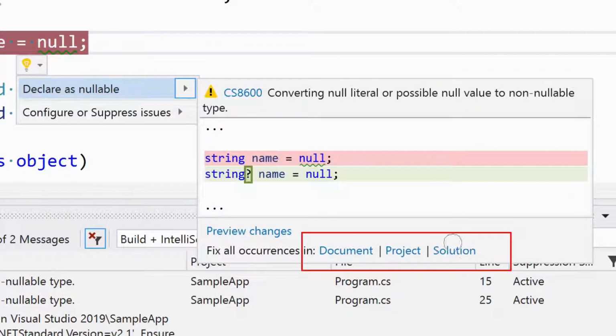Right here, I get to specify whether I want to make the change right here on this line. I just hit enter. Or I can actually choose to fix the same problem in the entire document, or the entire project, or the entire solution. So if you've got tons and tons of code, and I want to emphasize this, you could decide to change all of your code willy-nilly to be question mark. Now,